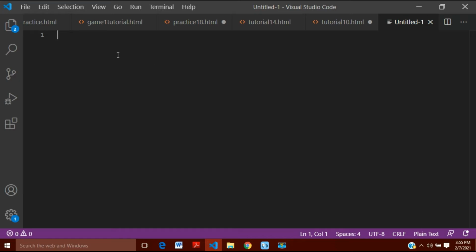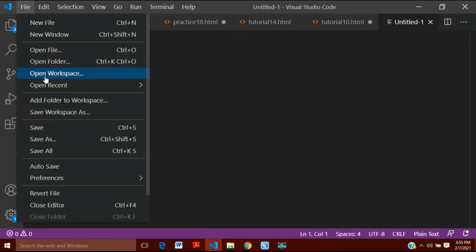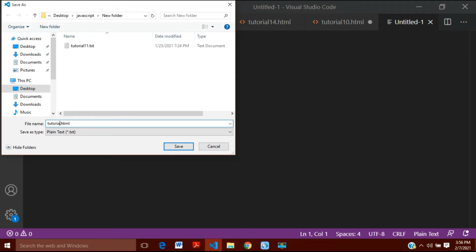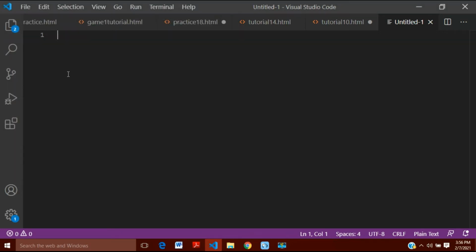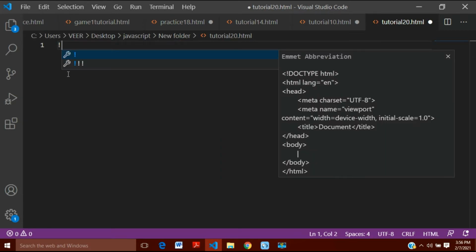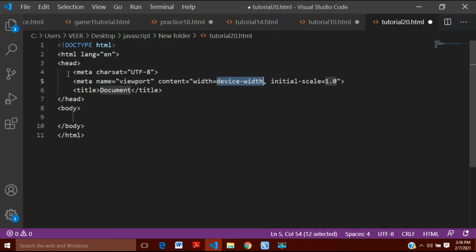For that, first of all, you will have to save this file as HTML. After saving it, I will write here an exclamation point. After this, you just have to press enter, and here you can see that most of the tags are